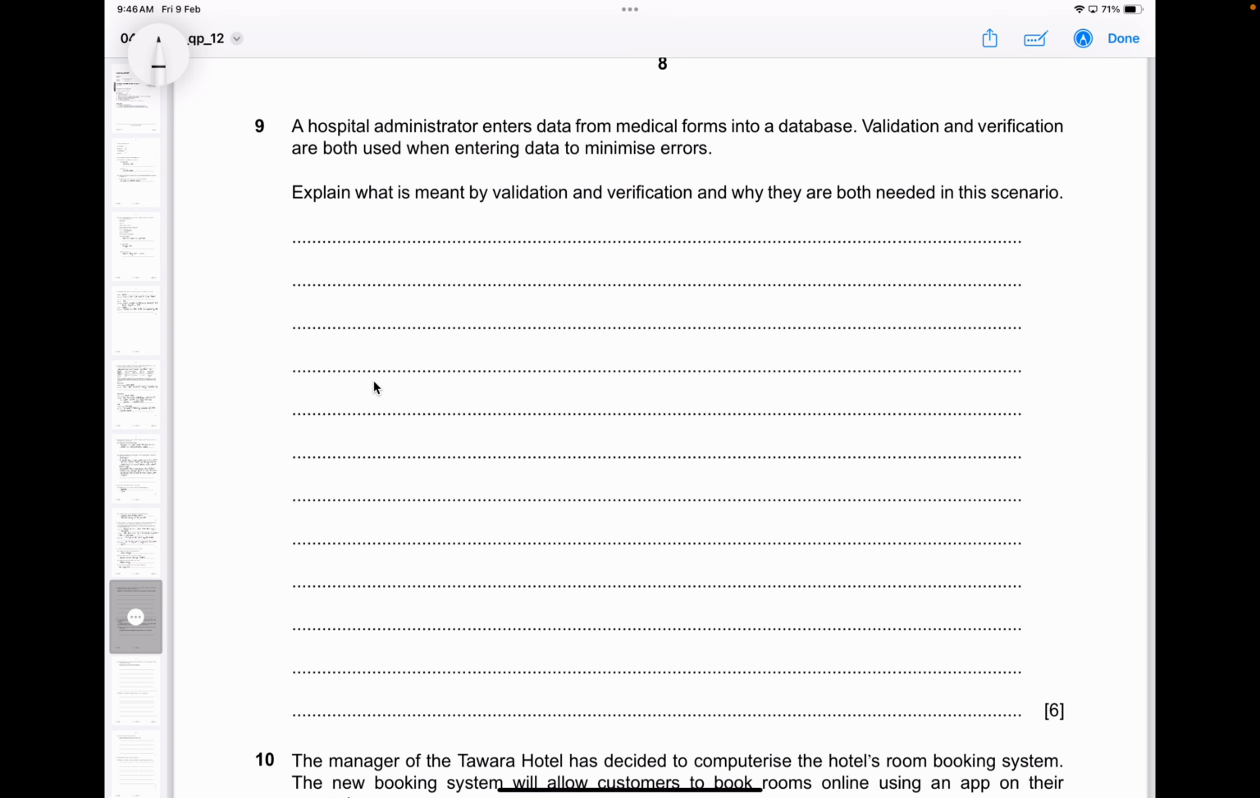A hospital administrator enters data from medical forms in a database. Validation and verification are both used when entering data to minimize errors. Explain what is meant by validation and verification and why they're both needed in this scenario. So this is for a total of 6 marks. You're going to write 3 points from